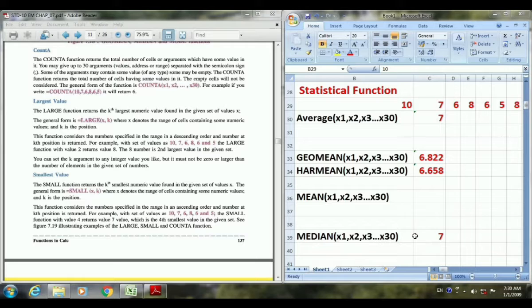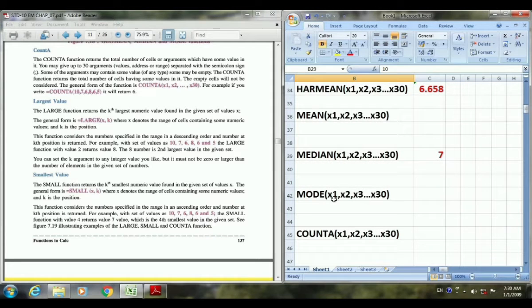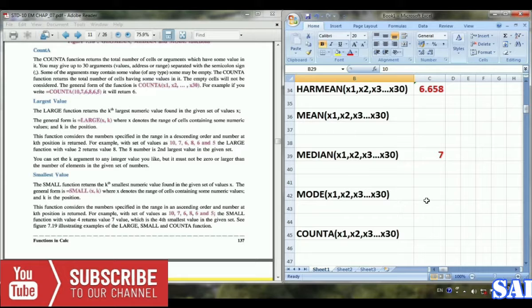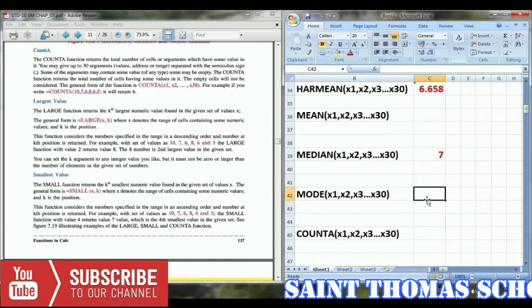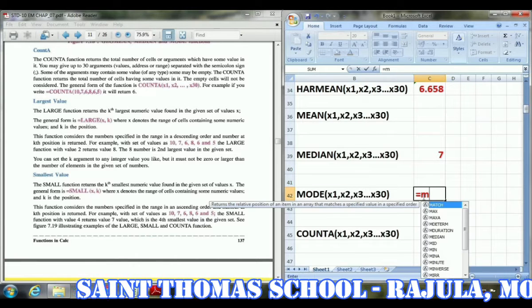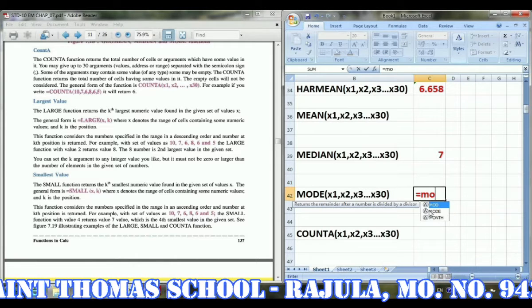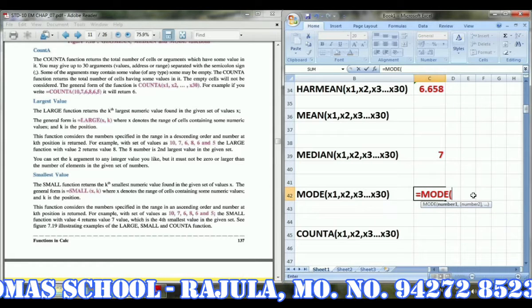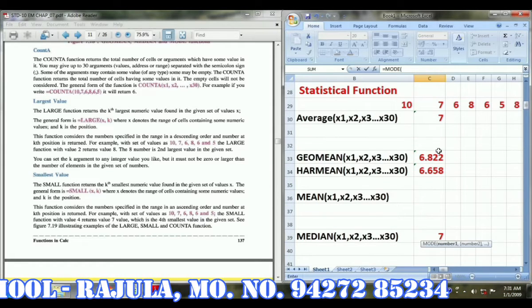Next is the mode function. The mode function will show you the repeated value, meaning the value you use very frequently, and that value will be shown as the mode answer. Just start here, type mode, double click, and then give the cell range.